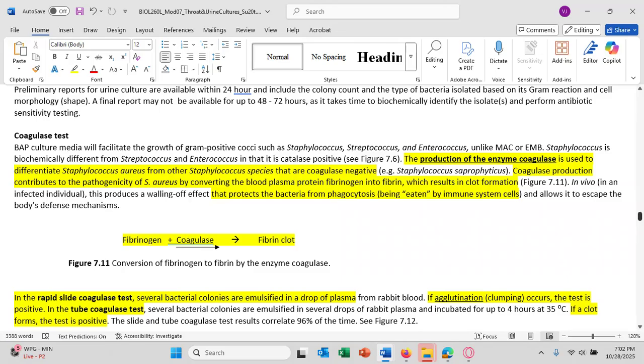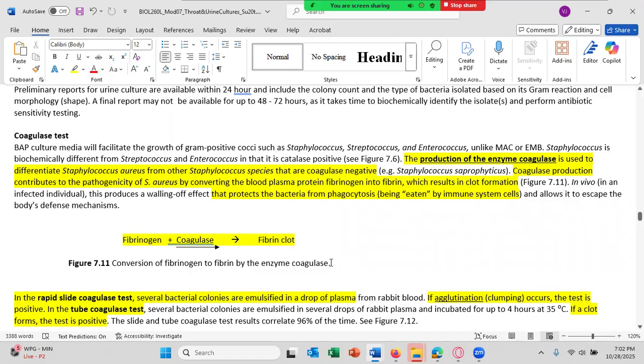Staphylococcus aureus is coagulase positive, and so it can convert the blood plasma protein fibrinogen into fibrin, resulting in a blood clot. So in plasma or blood or serum, you have fibrinogen and coagulase. If that enzyme is around, it can change the fibrinogen into a fibrin clot, which causes a clotting of the